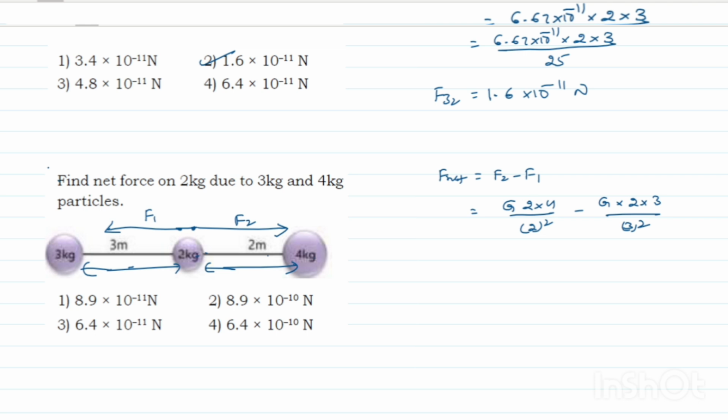When simplifying, in the first term 2 square is 4 and the 4 cancels, and in the second term 3 square is 9 and the 3 cancels. You get 2G minus 2G by 3, that is (6 minus 2) by 3, which is 4 by 3. So F net is 4 by 3 into G value 6.67 into 10 power minus 11 Newton meter square per kg square. So 4 into 6.67 by 3, when simplified, the net force is nearly